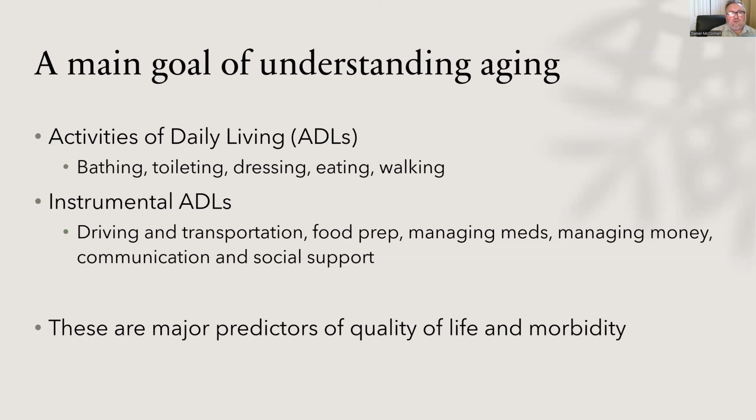So as we get into our older years, we get to a point where we can't do a lot of these things, we lose the ADLs. And that's when we're in more of a morbid state, right? We can't really be a functional, independent person anymore. And we don't like to be in those situations. So the book uses a phrase called compression of morbidity, and this refers to the idea that what we want to achieve here is having people spend more of their adulthood years functionally independent, capable of their ADLs and IADLs, and not entering into those more suffering and frail years of their life, at least not until the very, very end, perhaps, right? So we want to compress that stage of life.